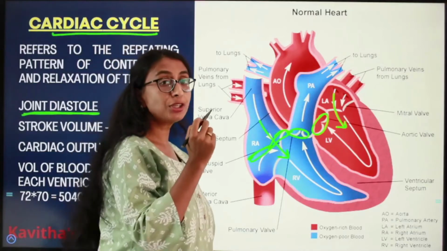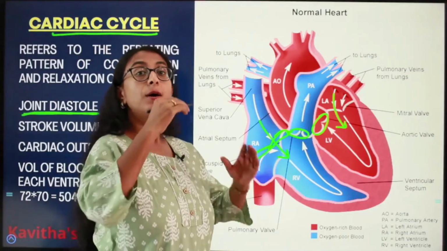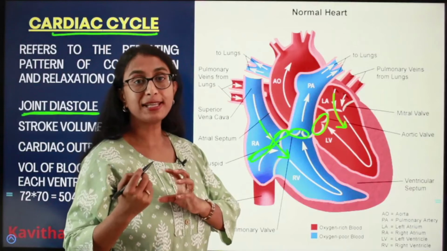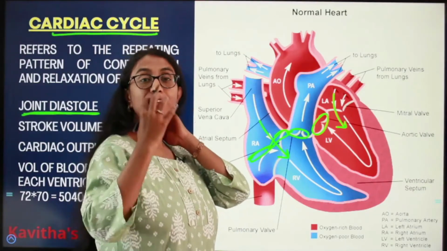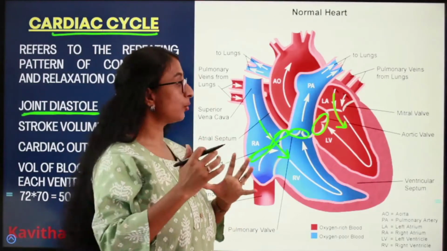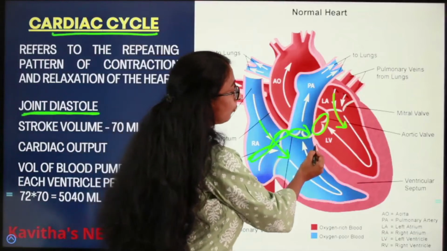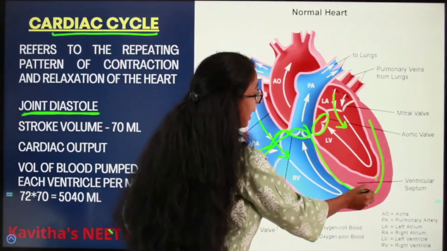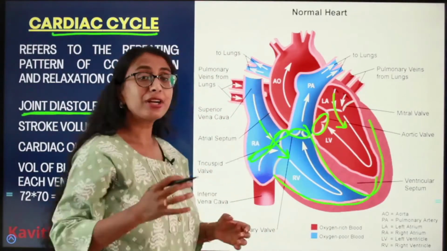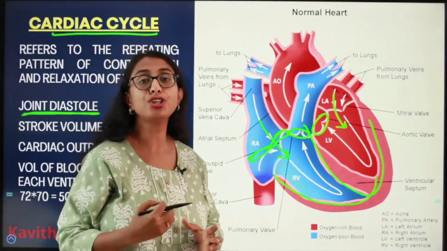The atrioventricular node is located in the bottom left corner of the right atrium, and this electric impulse travels through the bundle of His